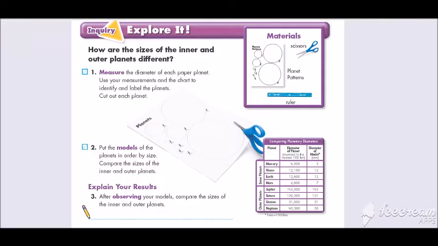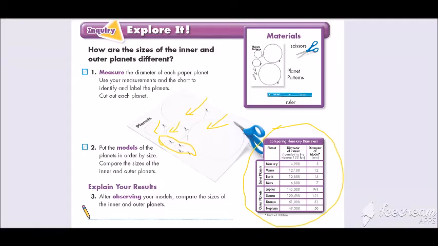As you heard in the previous videos, there are differences between the sizes of these planets. As you see in this activity, you have some models for the bigger planets, or the outer planets, and the inner planets. As you see here and here, they are the outer planets. What about these small balls? They are the inner planets. We also have a chart here that shows us the comparing